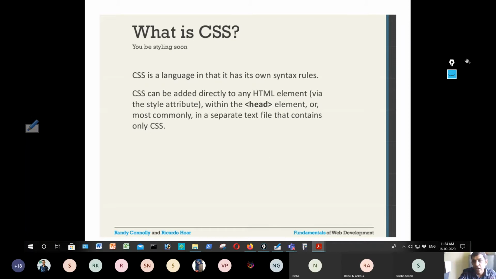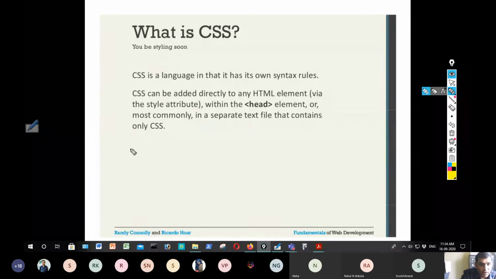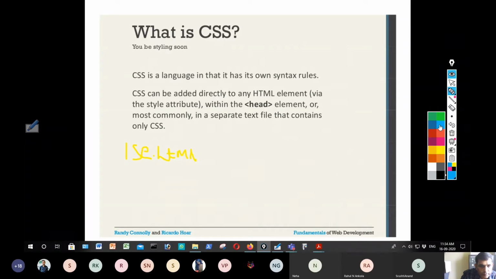So for example, if you are not clear, assume a college website is there. I can have a document isc.html, csc.html like this.